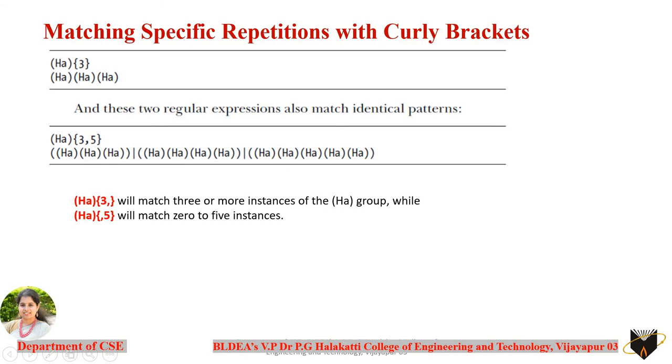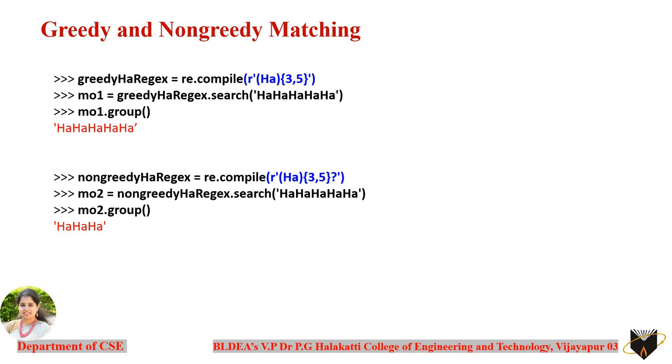That is, it may be considered for repetition of 3 times, 4 times, as well as 5 times. With this same concept, let's see how we can define the repetitions with greedy and non-greedy matching. In this example, we have defined the pattern HA to be searched for a minimum of 3 repetitions or up to 5 repetitions. Whenever you search with this pattern, here HA has been repeated 5 times. If you observe, you have the 3 repetitions, the 4 repetitions, and the 5 repetitions as well.